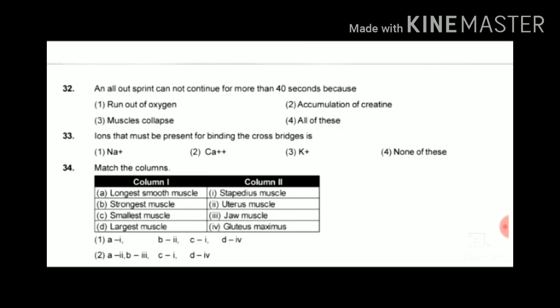Next is question number 34. Match the column. Column 1: A is longest smooth muscles. Number 2, strongest muscles. Number 3, smallest muscles. And number 4, largest muscles. Longest smooth muscles are the uterus muscles. So A matched with the second, and B strongest muscles